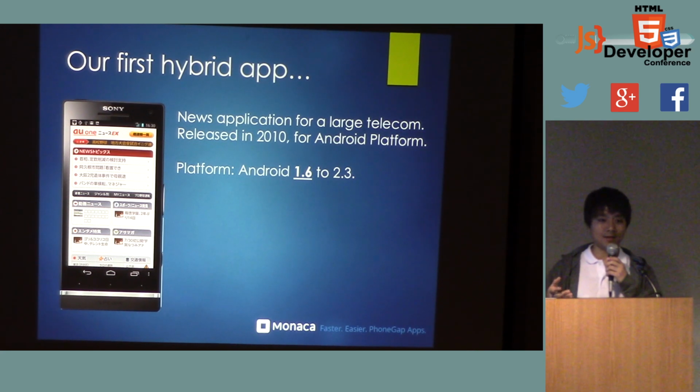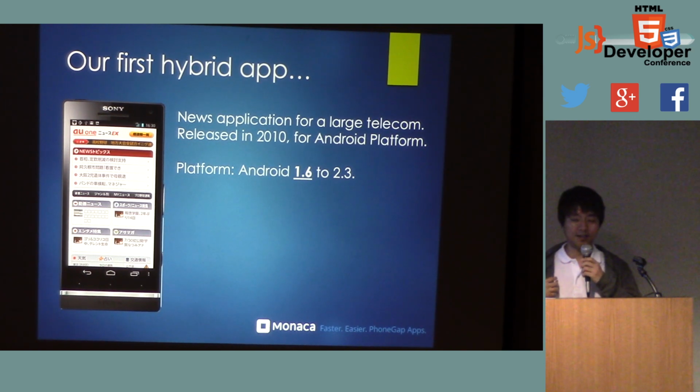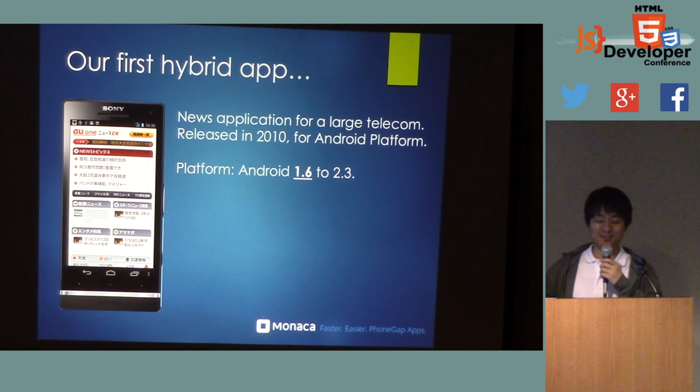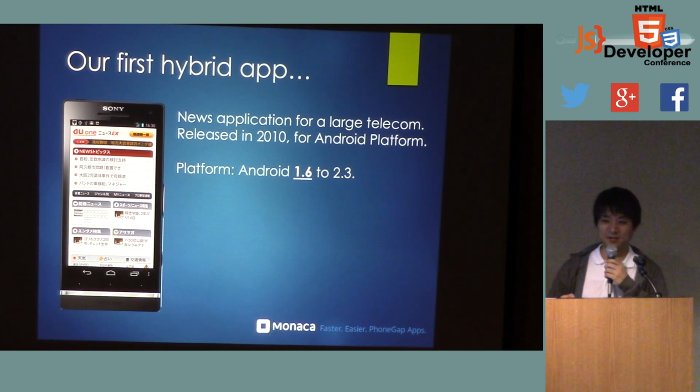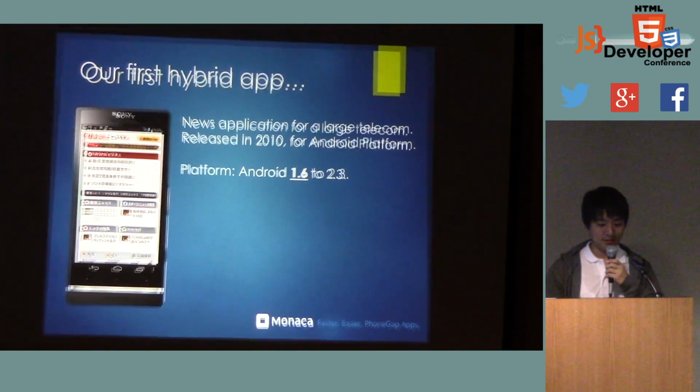PhoneGap was still beta, but I thought that was the future. It was actually very, very brave of me back in that time, because everybody didn't know about PhoneGap or hybrid apps, but I actually trusted it and created it. And then